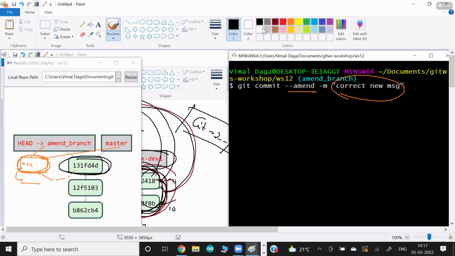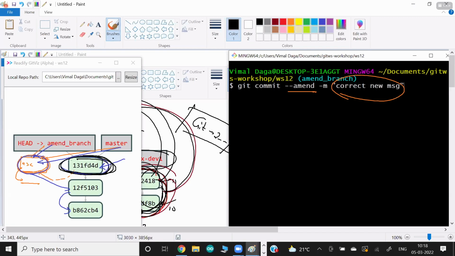So in this case, whenever you do any amend, this is what they do. Finally it will look like this. Everybody starts pointing to this ABCD, with the exact same data that I have in this particular commit object. And this one is still pointing to this one, and that one is still pointing to this one. So technically what happened is they remove this